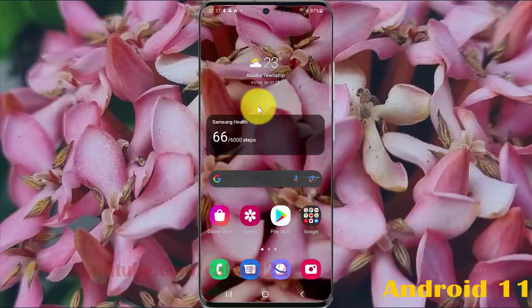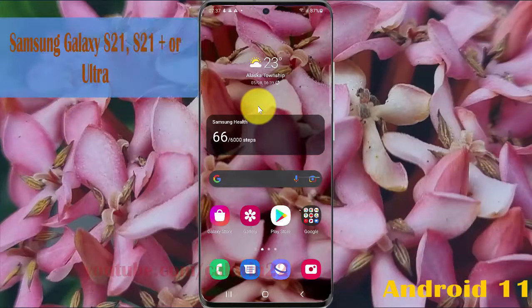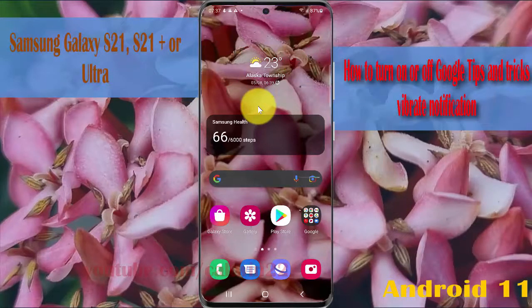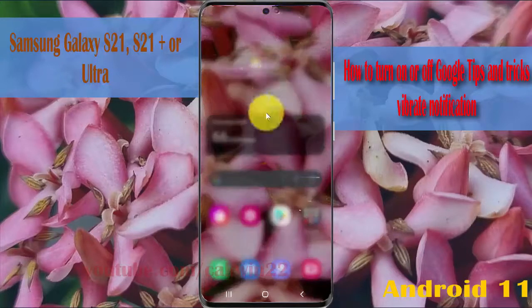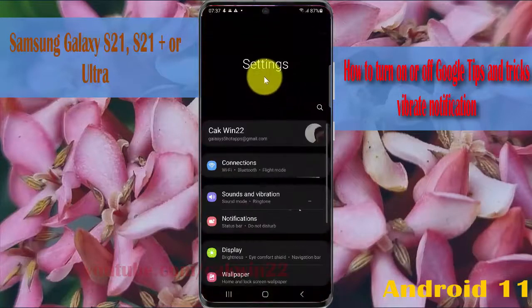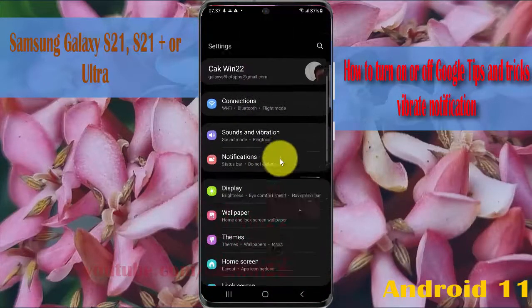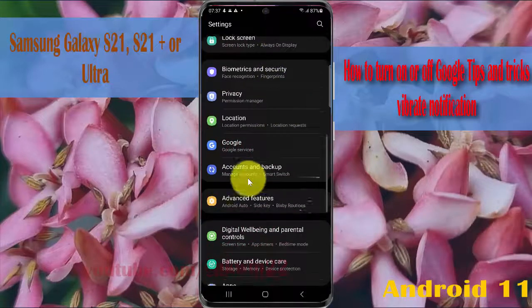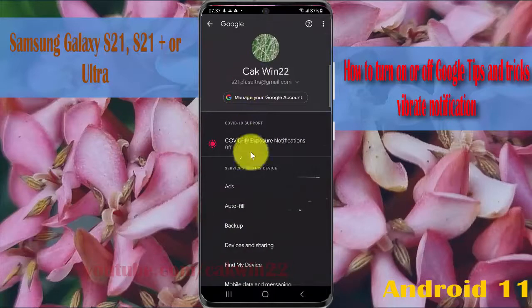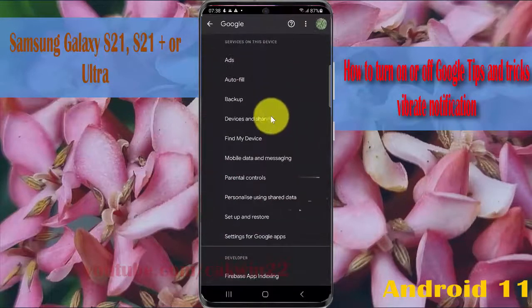To turn on or turn off Google Tips and Tricks alerts vibrate notification in Samsung Galaxy S21, S21 Plus or S21 Ultra. Open settings, swipe the notification panel, tap the settings icon, scroll down the settings screen, find Google, and then tap Google Services. Scroll down the screen, and then tap settings for Google Apps,